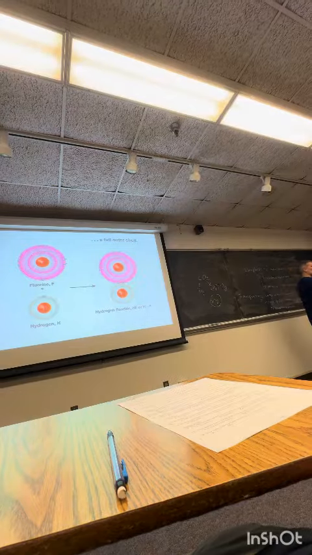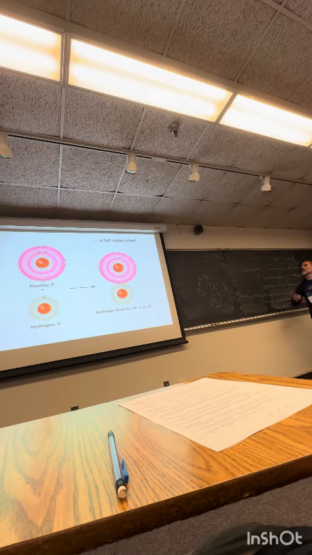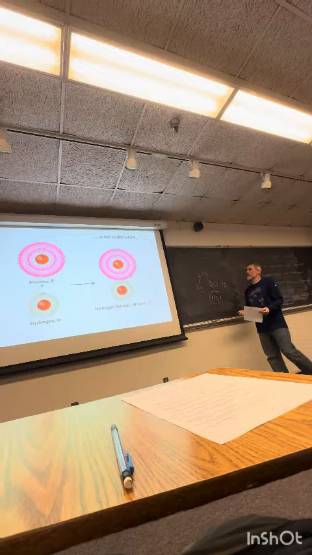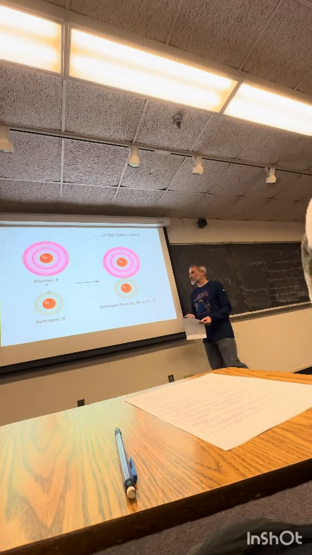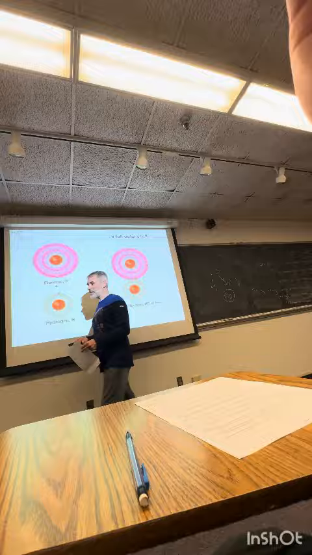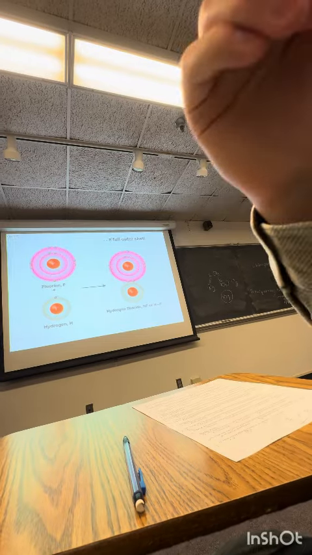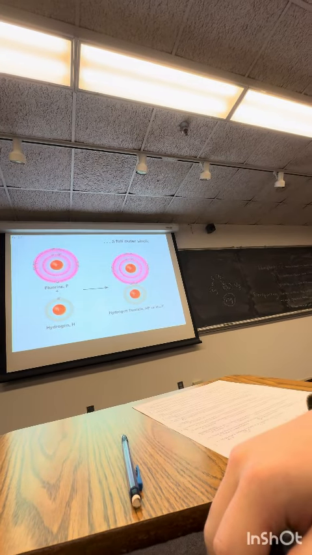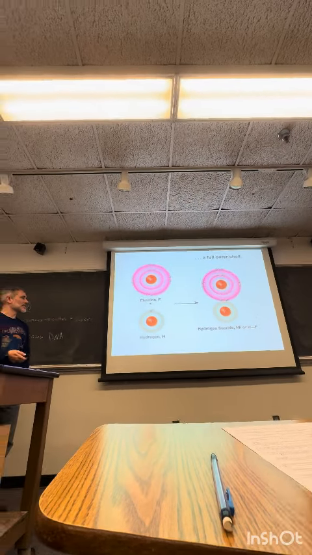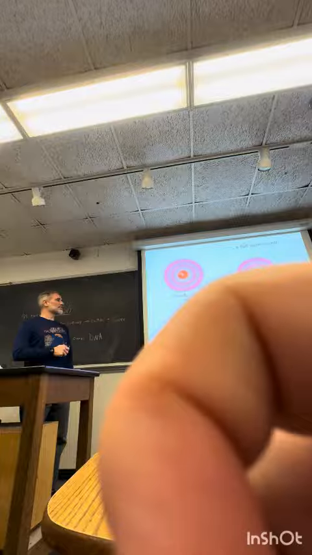Atoms are trying to form bonds to become stable and happy. And to be happy, they would like a full outer shell. So depending on what type of atom we're talking about, this will involve different things. If it is a fluorine and a hydrogen, which are trying to seek happiness, they can each share an electron